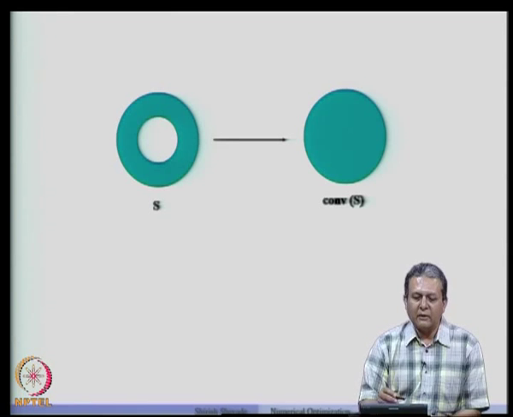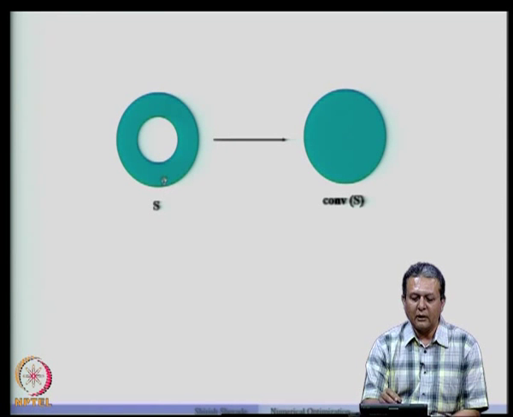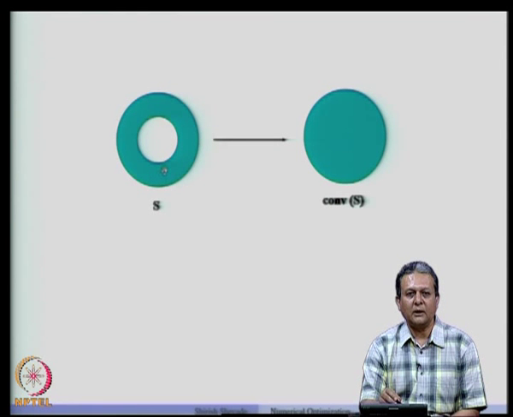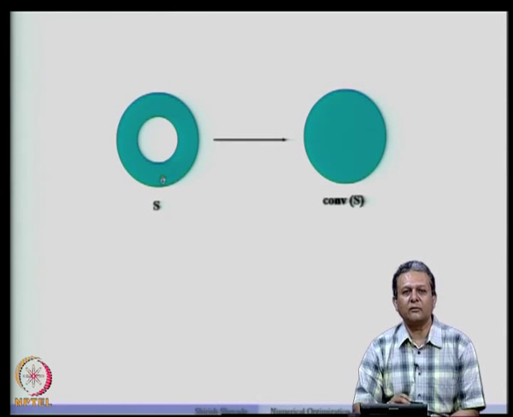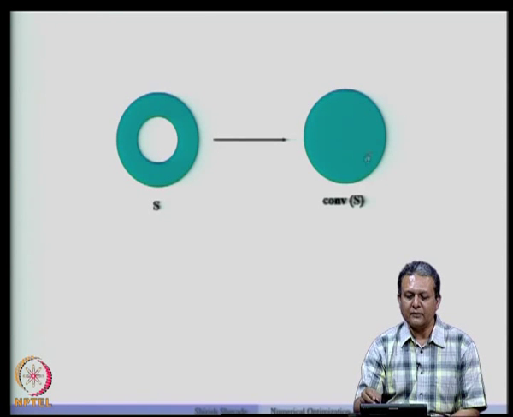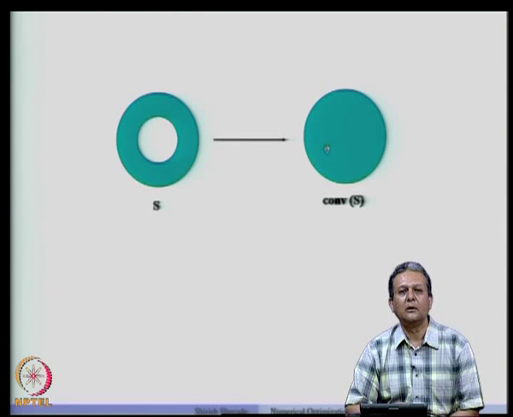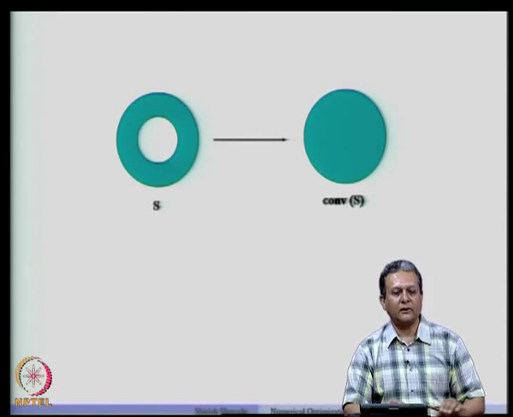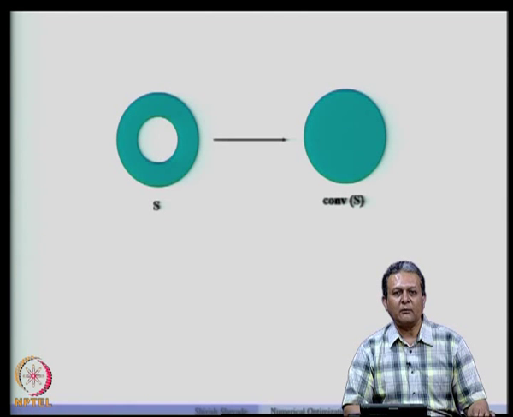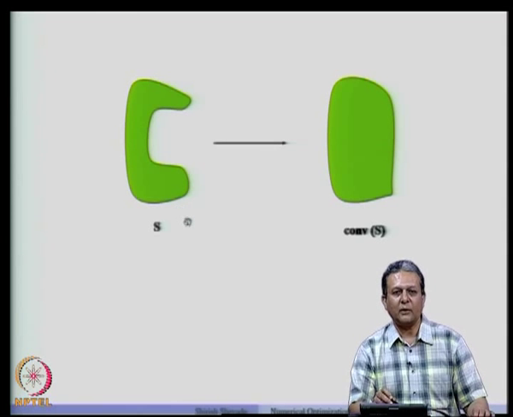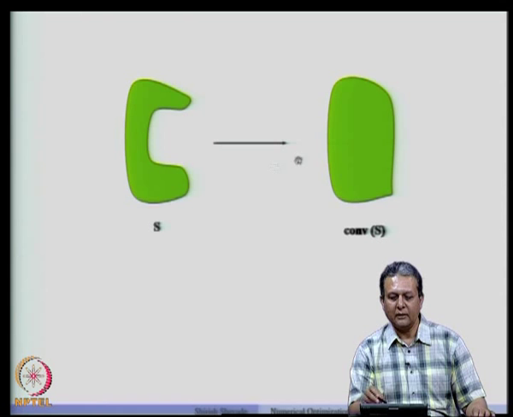Now, when we studied convex sets, we saw this example, and we demonstrated that this S is not a convex set, but now one can form a convex hull of this set. So, that becomes this set. Now, this set is a convex set, as you will see that if you take any 2 points in this set, the line segment always lies in the set. Here is another example which we saw, where S is not a convex set, but one can find a convex hull of this set.